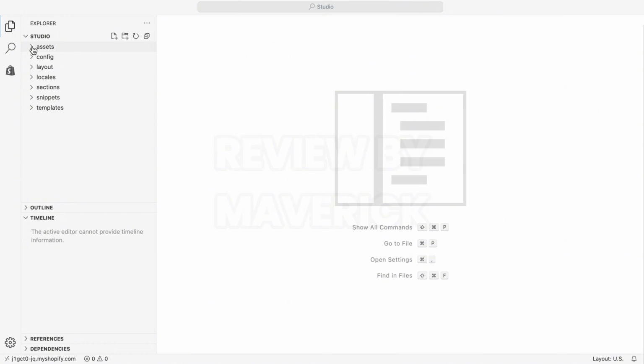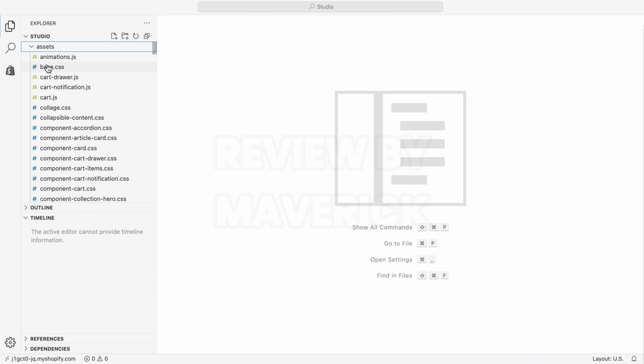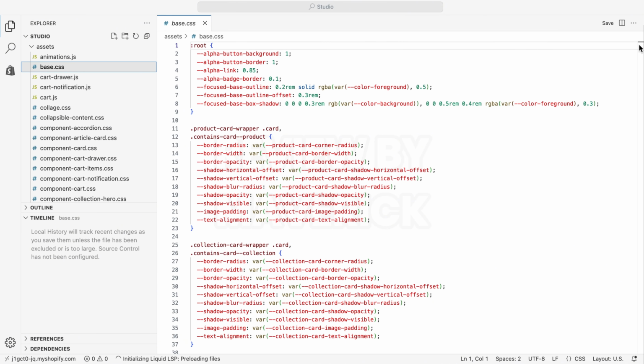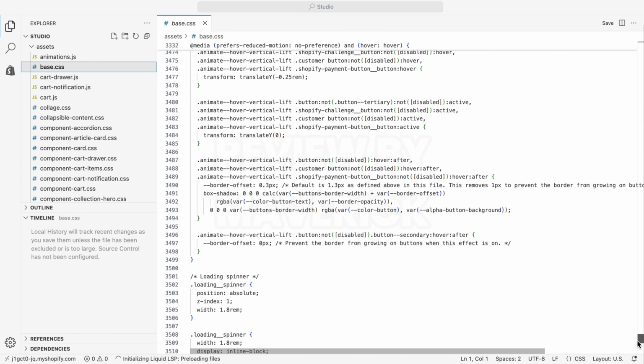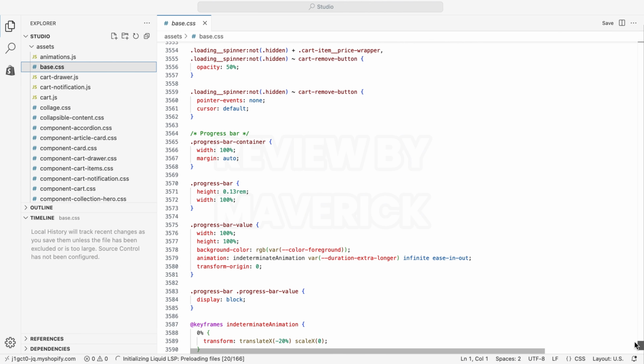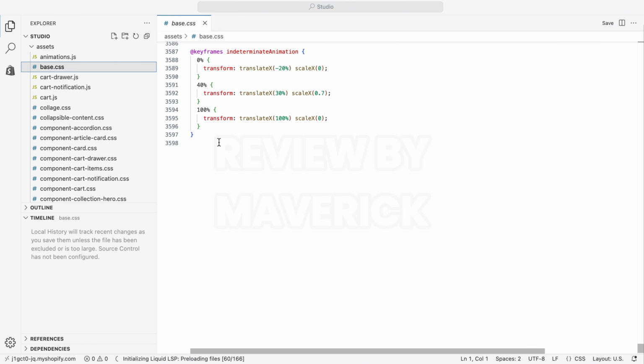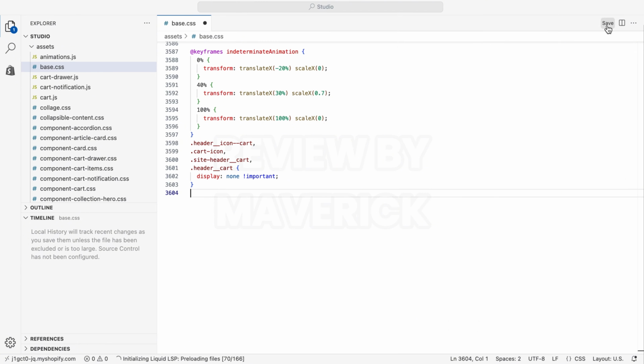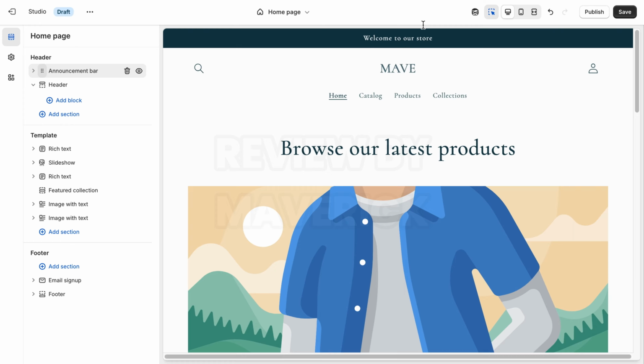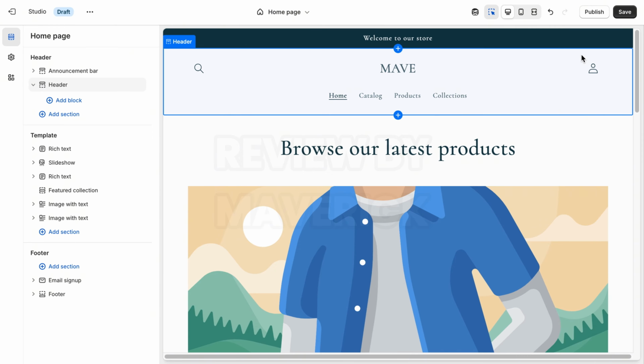You come to Studio, you come to assets, and you come to base.css. Click on that and scroll down. Go down. Now the moment you get down there, paste the code that you just copied, paste it right there, and go ahead and hit save. Save and go back. It's gone. So this is how you do it. These are the two tricks that you can use to easily remove the cart icon from your Shopify